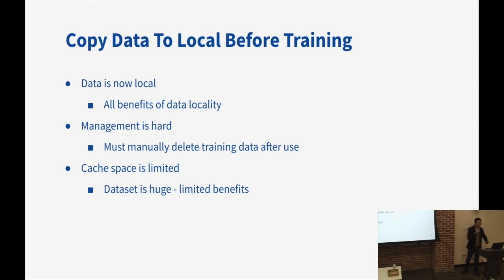So if you're talking about real production traffic in internet companies, mostly you cannot put the data from remote into local. And even though you have a large server with 10 or 20 SSDs connected there, it's still trouble, because when you copy the data from remote to local disk, after your training you need to delete your data.